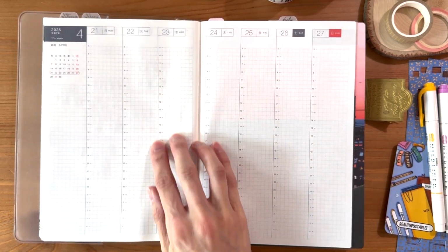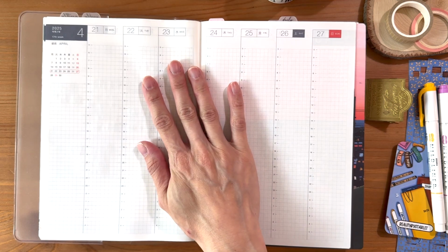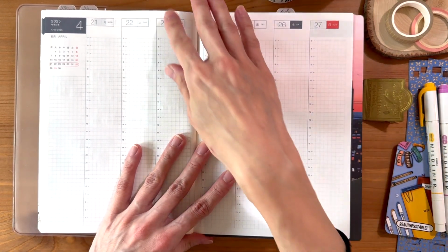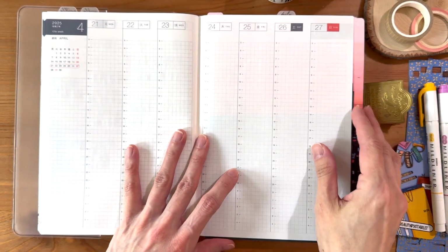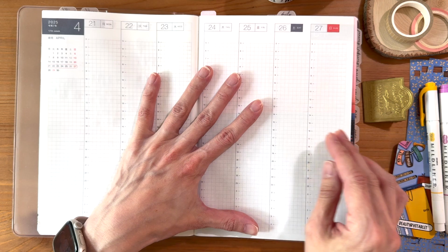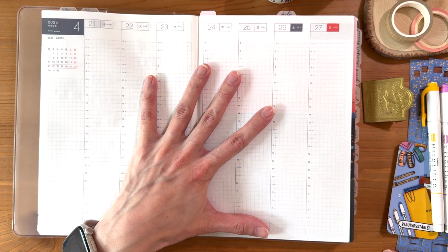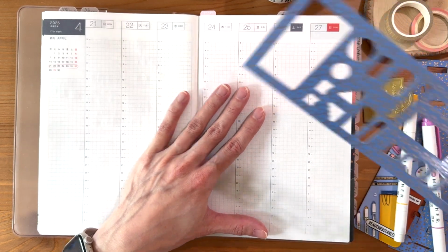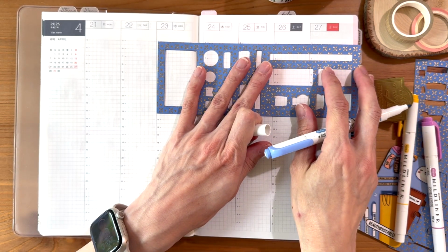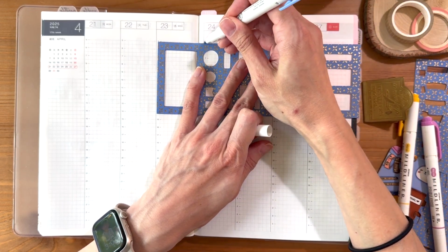If you've been following along on my videos, you would have seen that I have recently tested out a new way of planning in my Hobonichi weeks, and I wanted to tie some of that into my Hobonichi Techo. I've been doing something similar already in this planner, but I thought I would be very intentional this week. So to start out, I am using a Mildliner bullet tip edge to essentially outline